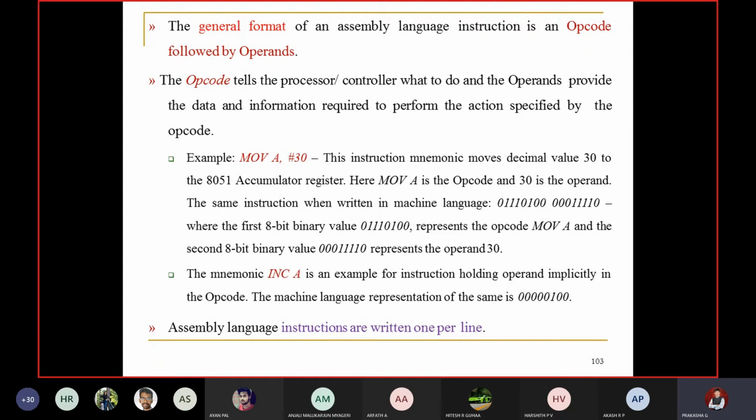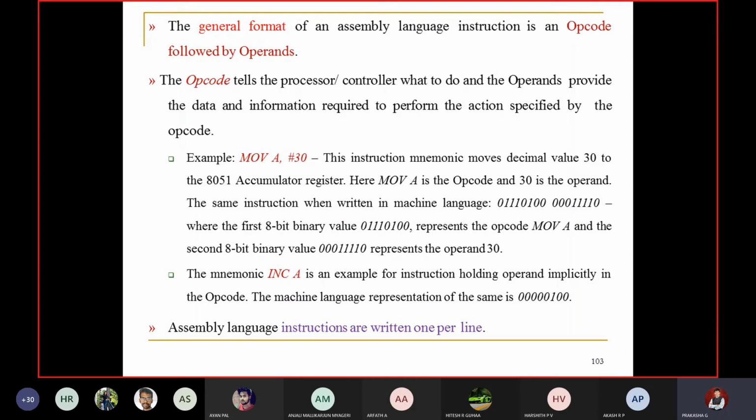See here, two different 8-bit values are there. This is with respect to 8051. I am specifically telling you that the example which is given is specifically for 8051. But the same thing when you write it in LPC2148, it is 32-bit, you have to write the 32-bit code over there.